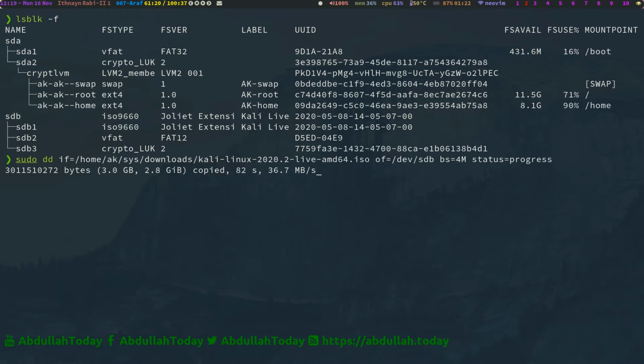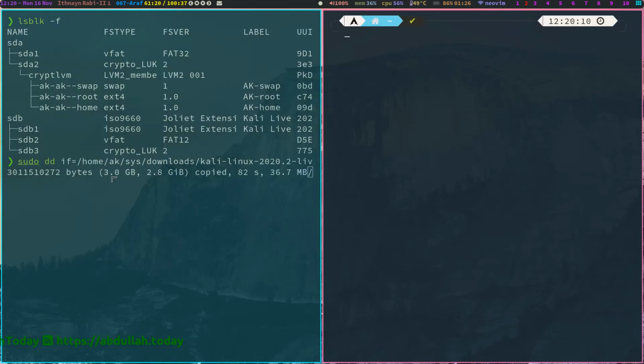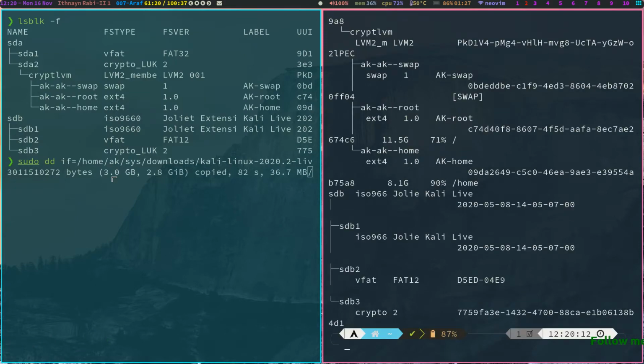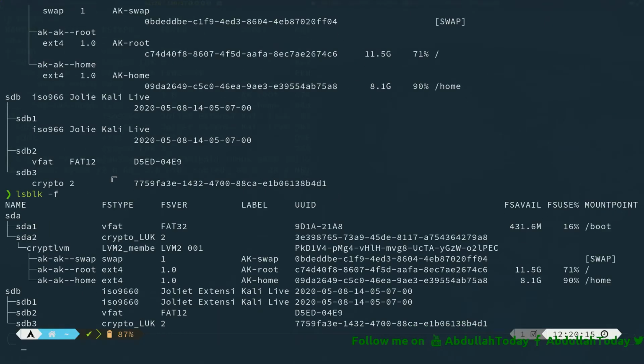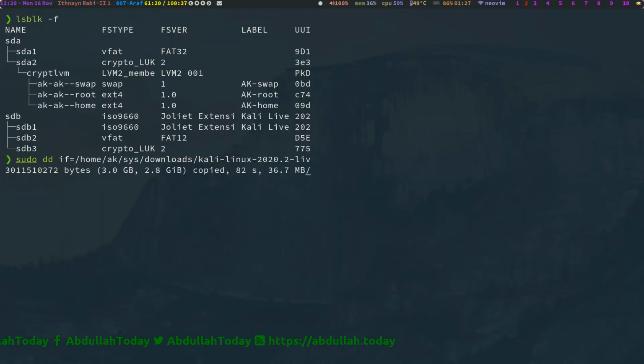It has been written, I think, now. Now again we have the same partition type here, but let it complete, so the command should exit itself.